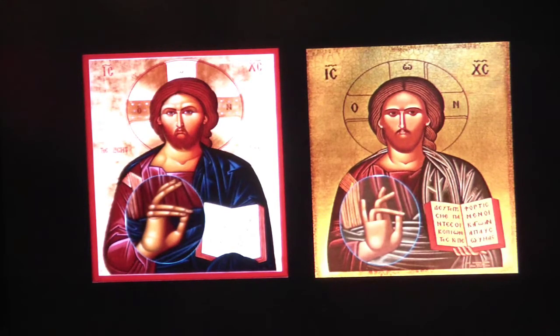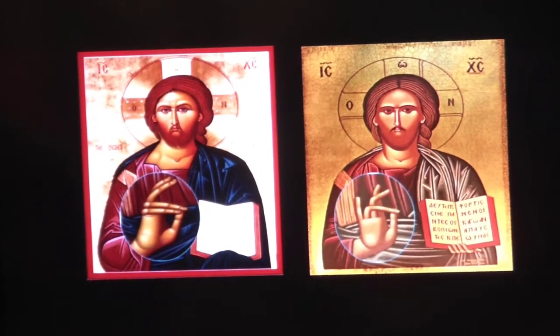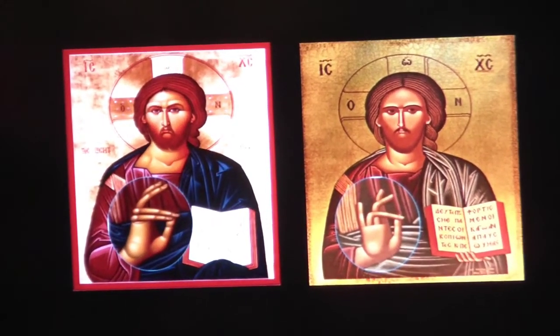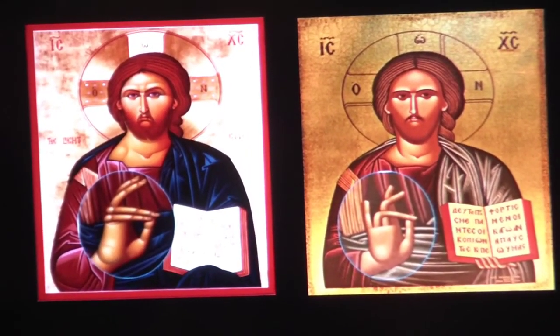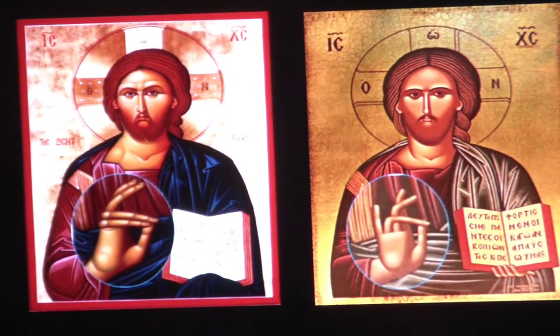Yeah, the fingers. So there is a lot of meaning and depth to the way he's holding his fingers. So in the first one, the one on the left, right, he has his index finger, middle finger, and then the remaining two fingers are sort of coming down towards the thumb. That is to signify the Trinity, as in the Father and the Holy Spirit, and then both the divine and the human natures of Christ coming down to man. Okay? Again, a lot of depth and meaning in the way he's holding those fingers.